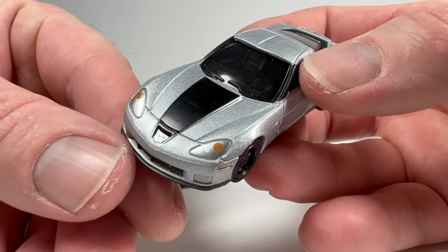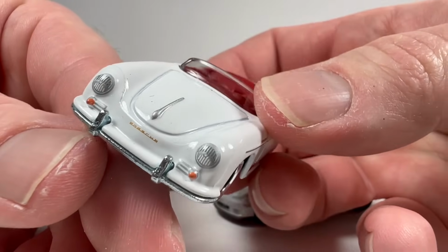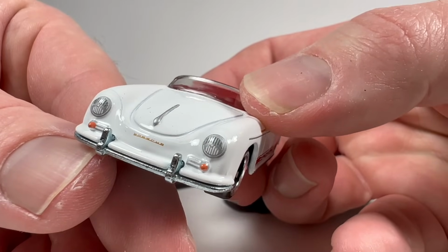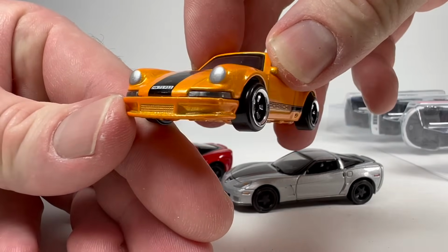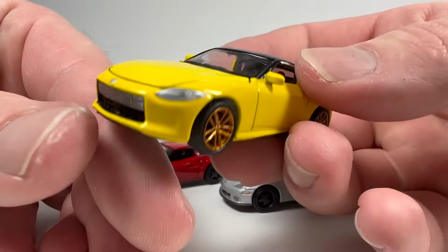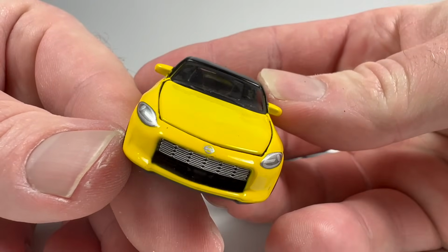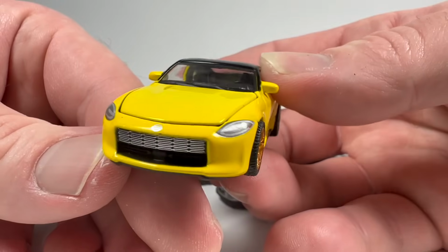But, you know, I think that's something I've seen other diecast companies do, such as even Hot Wheels, right? I mean, it's not just a silver blob up front. We've got some sort of graphical representation of what the headlight would look like, as opposed to, well, some of the Hot Wheels only have like a silver dot. See, not as cool. Matchbox tends to do it really well. You can also see that headlight. I mean, it's very minimal, and knowing Auto World and their attention to detail and stuff like that,